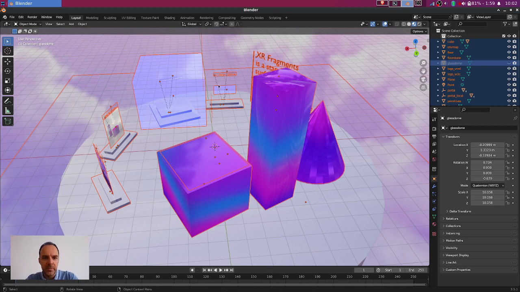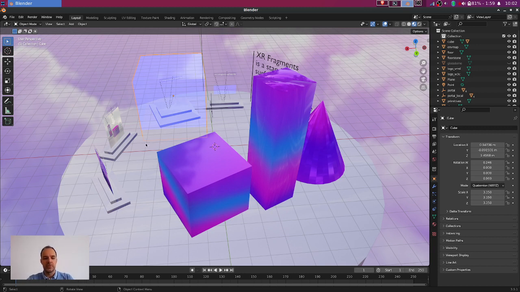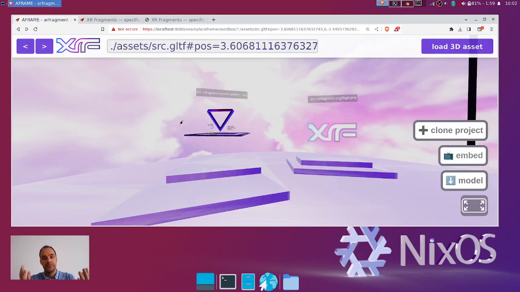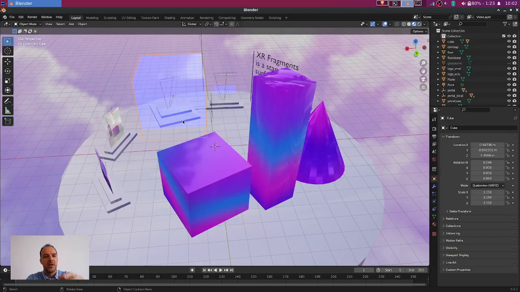It's a cube and a sort of plane-like object. And this placeholder object is not shown in the actual scene here because it's a placeholder object. But this object decides what the scale will be of the SRC'd content. So this is one way of scaling, and in a similar way,